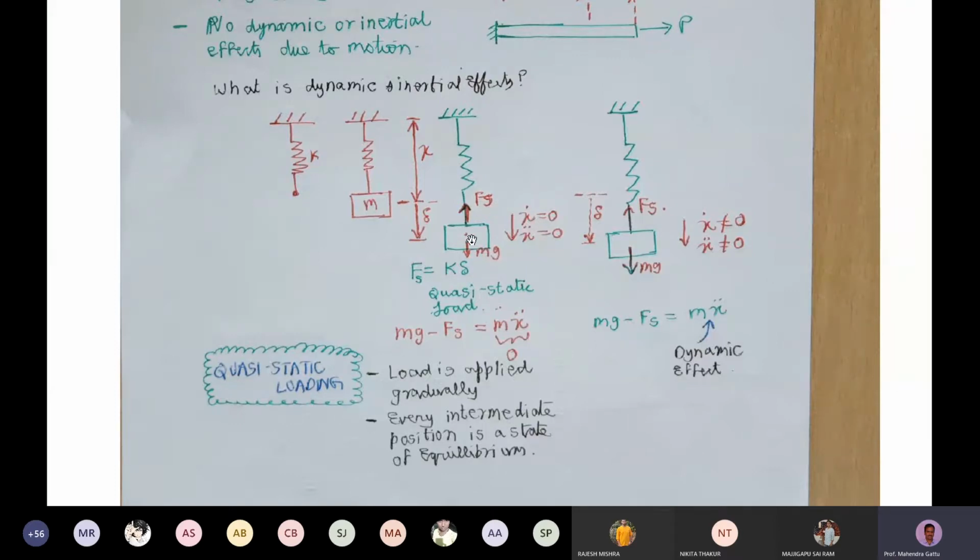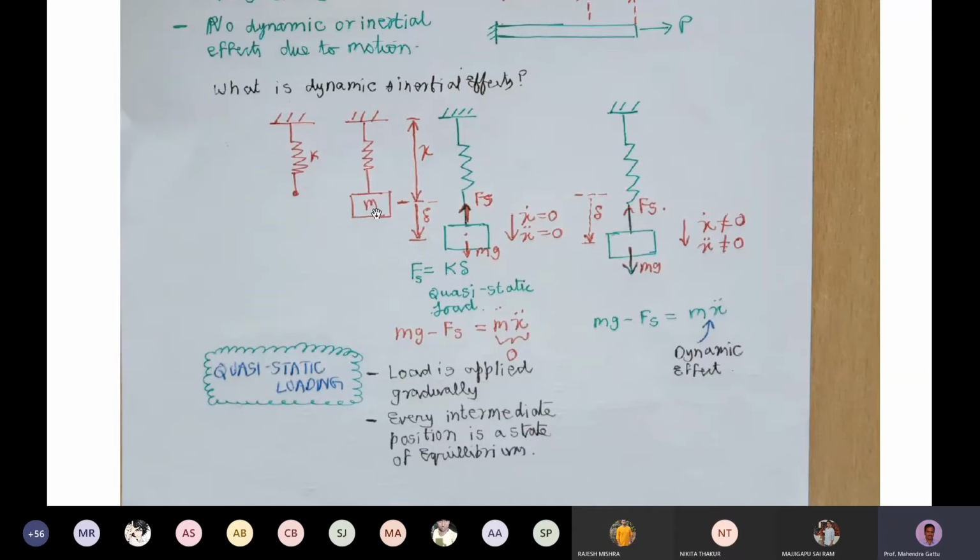So in quasi-static loading, the load is applied gradually. What it means is, suppose you want to load this spring by 10 kg, you first apply 1 kg load, or say 1 gram load, and because of that 1 gram load, this mass will deflect a small amount. Then you place another 1 gram of mass. As a result, the spring will deflect some more amount downward. You keep doing that gradually, and by the time you apply 999 grams, the spring will be deformed by a high amount, and then you apply another 1 gram, and it will become 1 kg.